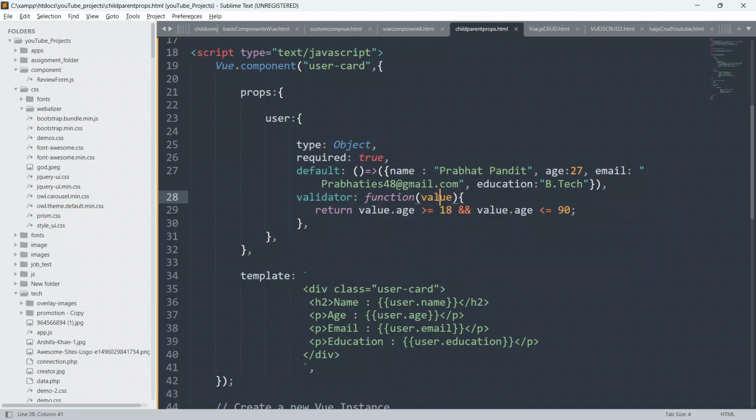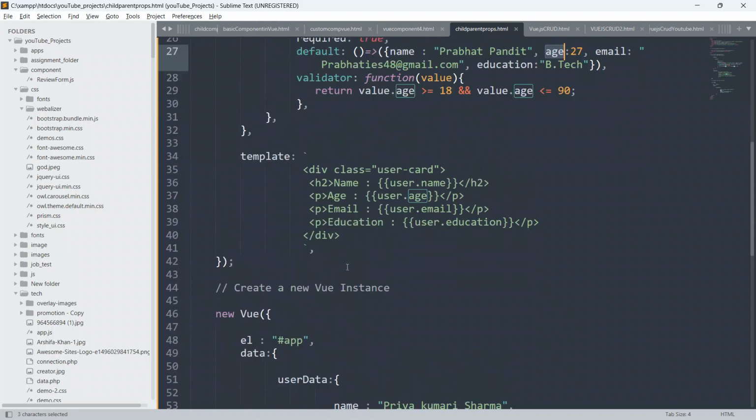It takes one necessary parameter, value, from this props, and it returns value.age less than equal to 19. Okay, so just close this template.